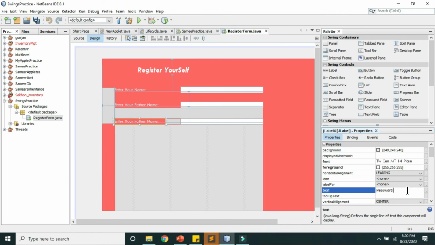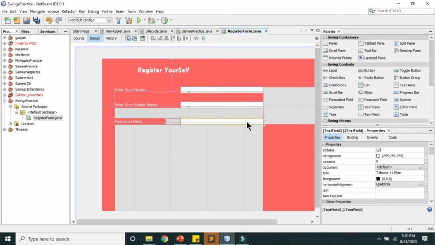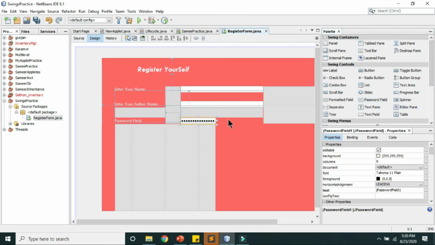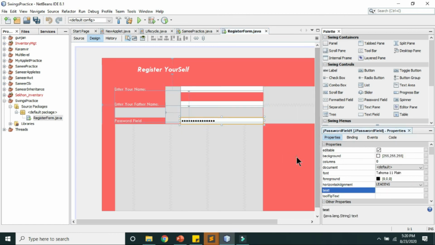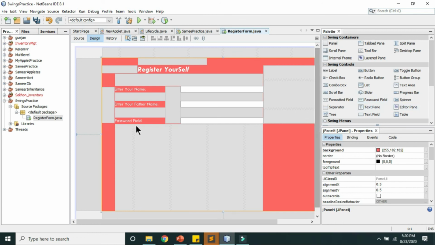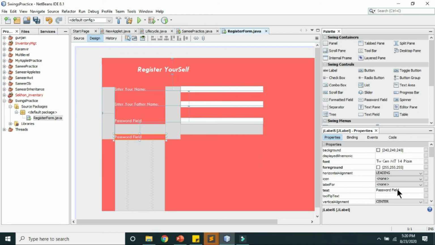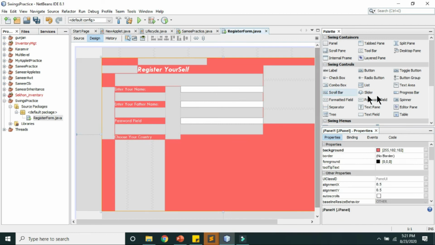Password field you can place here. Drag it here. Okay, increase its size, remove this password field option. Okay, then again copy this field, let's say choose your country. Okay, then you can pick a combo box from here, where it is, there you go.